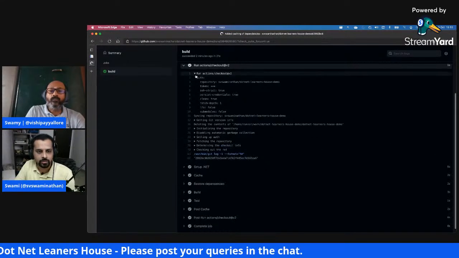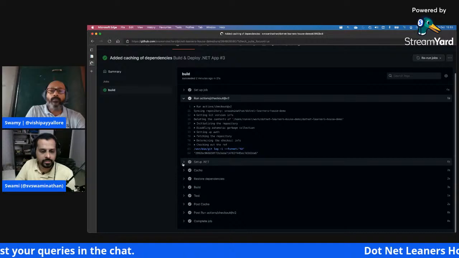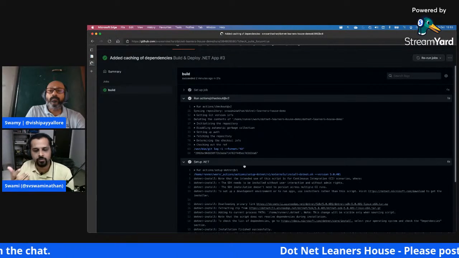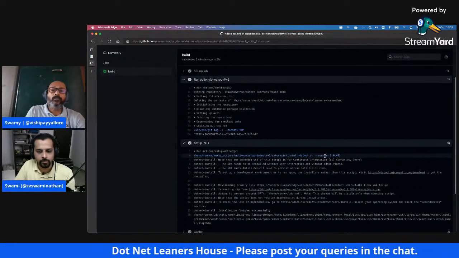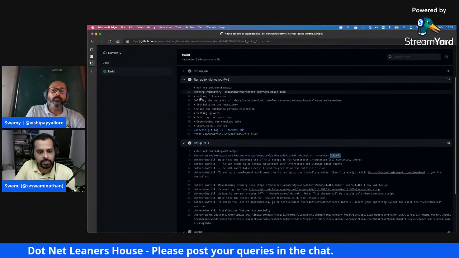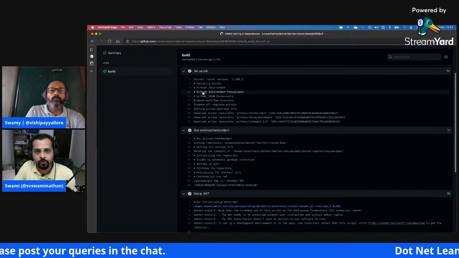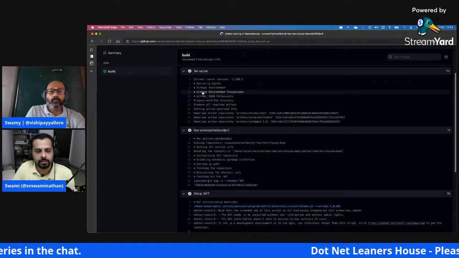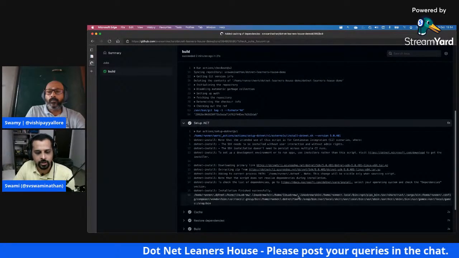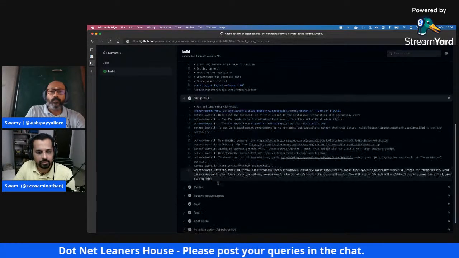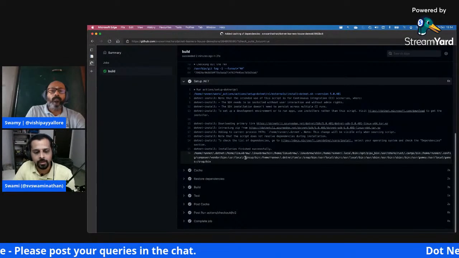That's what a checkout is, right? And this is only to get the code base. Setting up .NET is setting up the actual .NET version on which the subsequent steps should run. You see, it's trying to install the appropriate .NET version here. We are taking an Ubuntu machine here, and this Ubuntu might not have .NET pre-installed. So that is what we are trying to do with this setup .NET step. Here it is trying to install .NET into this Ubuntu machine, and then in the subsequent steps, this particular .NET CLI is what would be used to build the actual application.